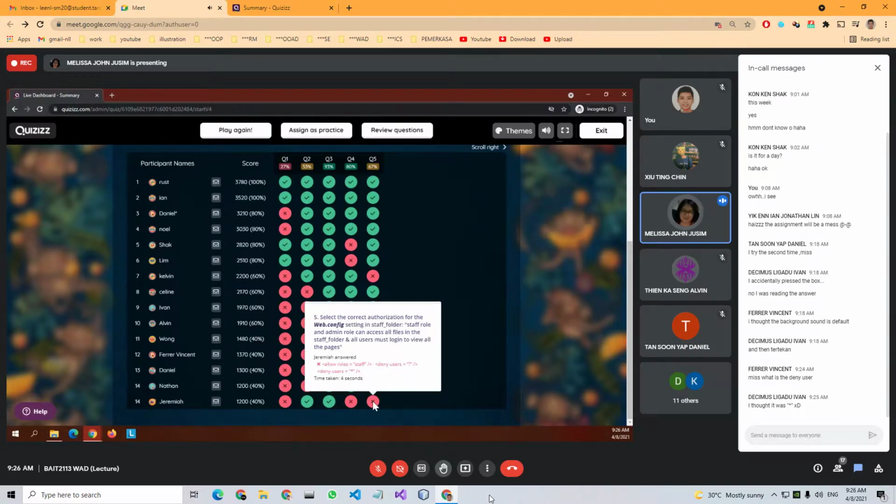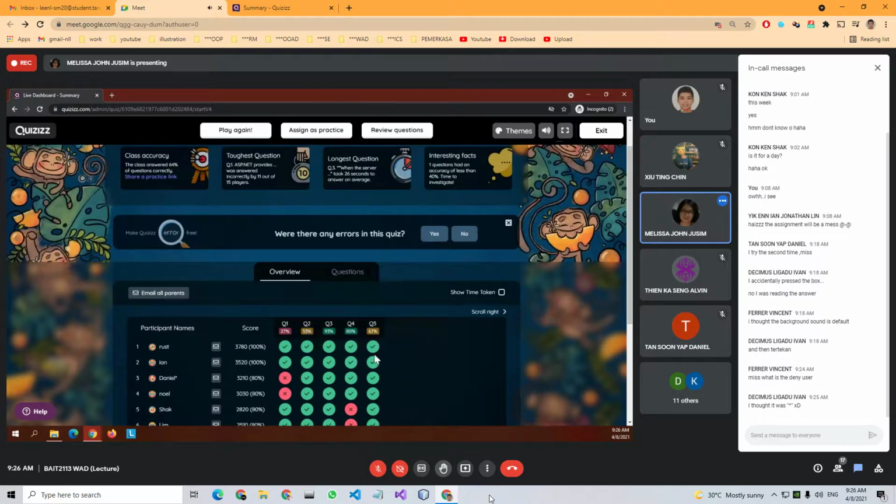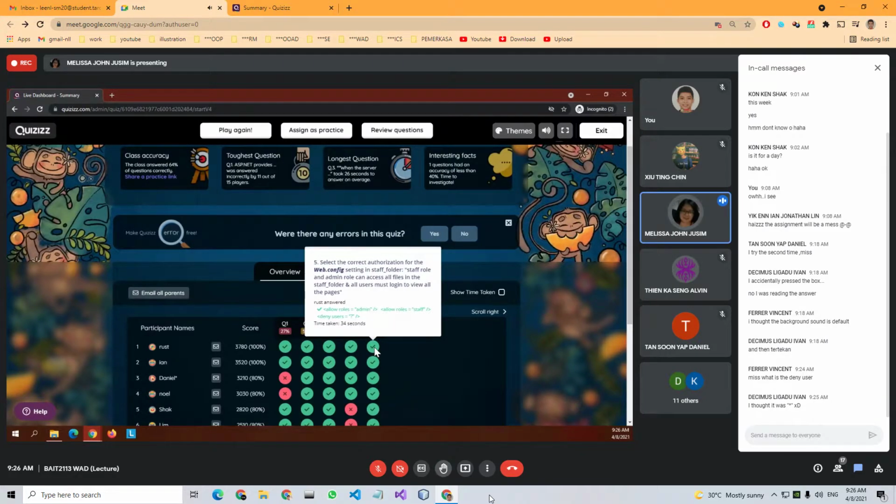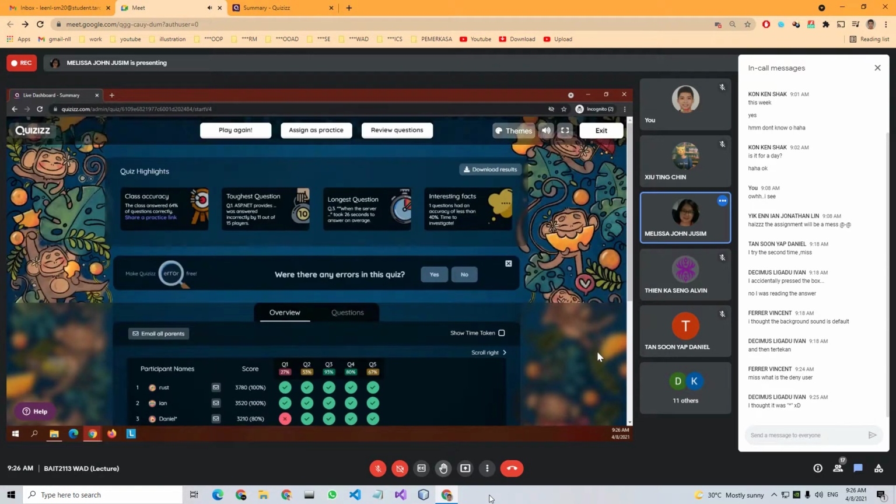Okay, so by right, allow roles set to admin, allow roles for staff, and then deny all unauthenticated users. The question mark means unauthenticated user or anonymous user. Because the last part of the question mentioned all users must log in. Must log in means you deny those who didn't log in.